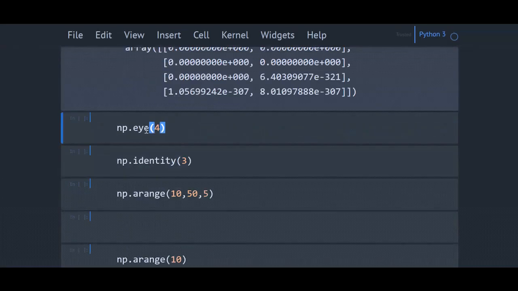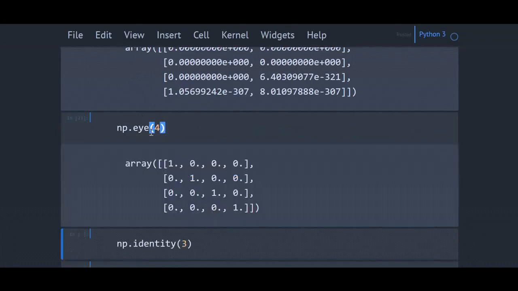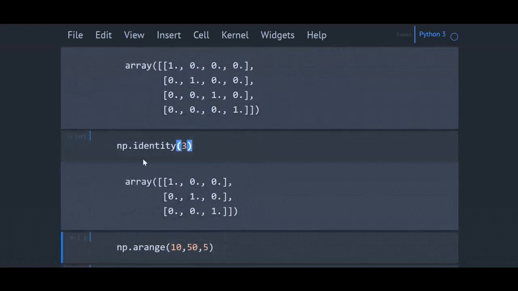You can see two functions in NumPy, eye and identity. Both will create an identity matrix. You would have studied identity matrix in mathematics, linear algebra. If you give np.eye(4), 4 is the size of the matrix, it will create a square matrix, that is a 4 by 4 matrix with all ones in the diagonal and the rest of them 0. So here identity also creates a square matrix with all ones in the diagonal and the rest all zeros.